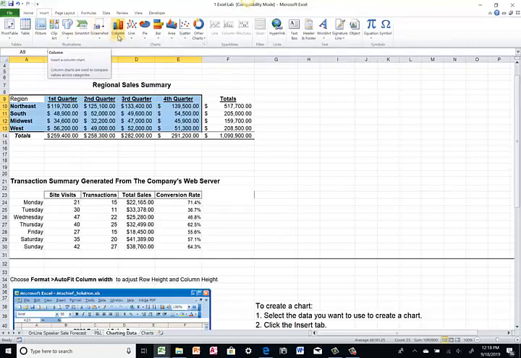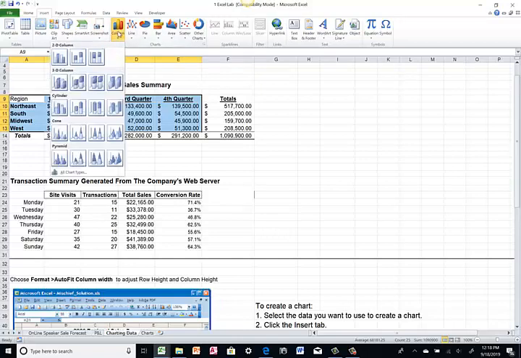I'm going to be using the column bar charts here, and when you click on that, it will give you different options. You can create 2D column, 3D column, and other types, but 2D column will work well for this chart. Based on your version of Excel, it might even suggest the chart type for the data you selected. Select the 2D column chart,